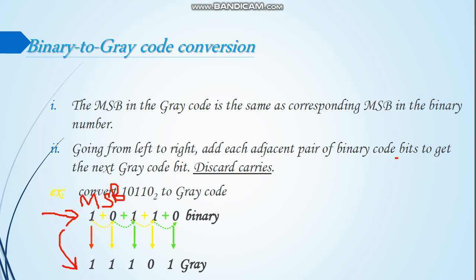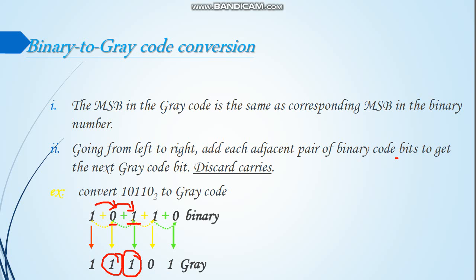Now, while proceeding, let me clear the screen again. So this one is written over here. Now this one is added with the next adjacent bit, that is 0. So the binary addition of 1 and 0 is again 1. We have to repeat the same process. Now we go to the next bit on the right and add this 0 plus 1. Again we get 1.